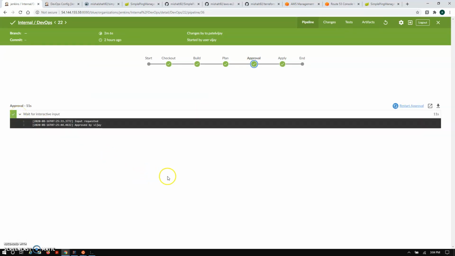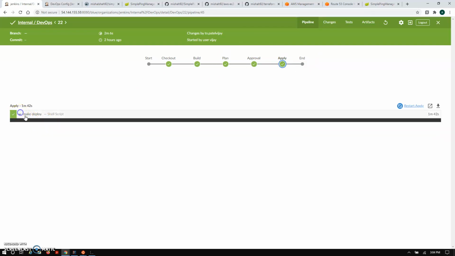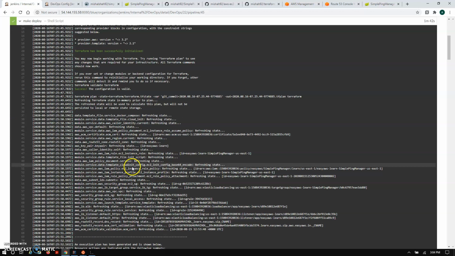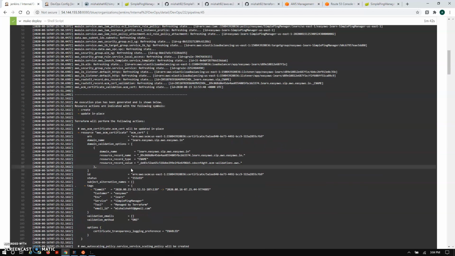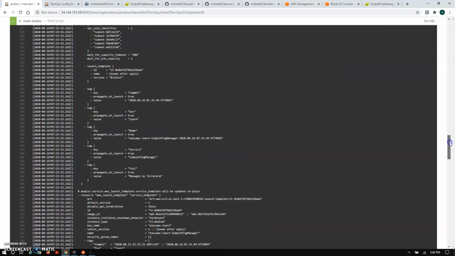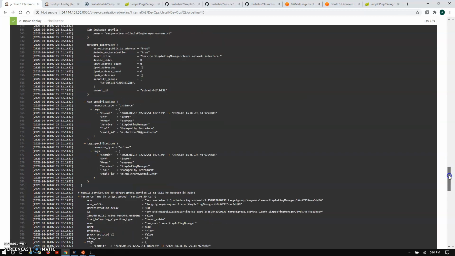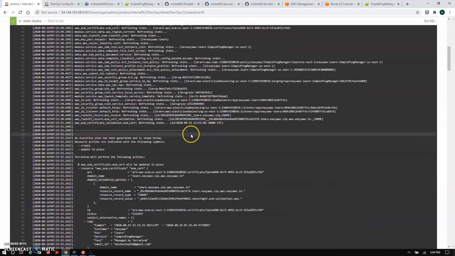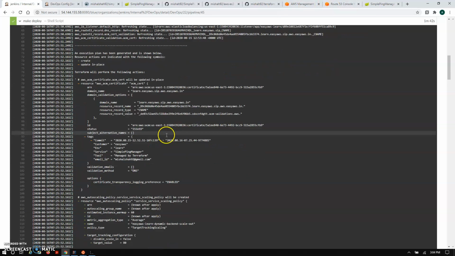Approval is used basically to take the approval for creating the infrastructure, and at last we take the apply for the configuration of the infrastructure. So it will take the complete plan-related changes. Whatever is populated in the plan, it will create the infrastructure in AWS. So all these resources will be created in AWS. So what are these resources? These are the same ones which we have discussed in the AWS console part.